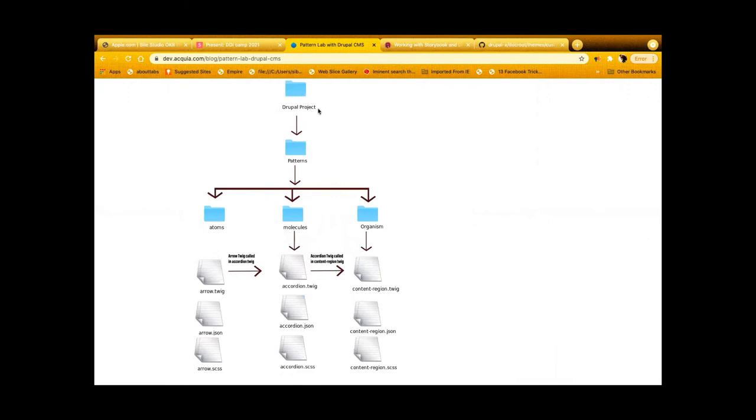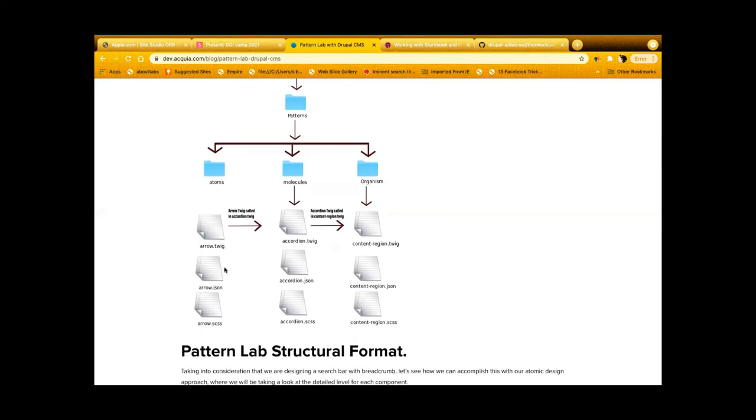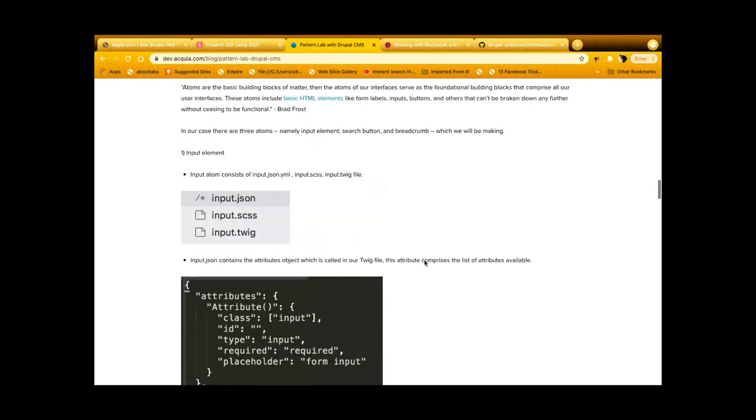So we have our Drupal project, and we are defining it into three parts: atoms, molecules, and organisms inside this folder, and we have this file. What we're doing is including this arrow twig, for example, into the accordion molecule, and this molecule into an organism. So this content region will include all the components. For instance,